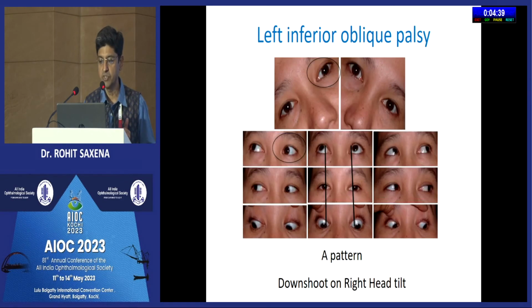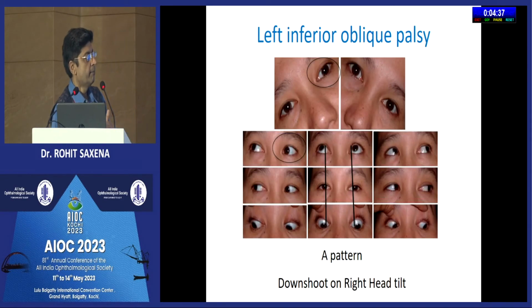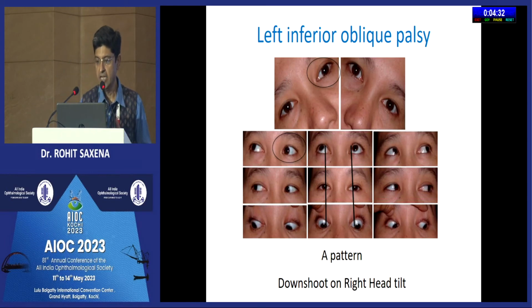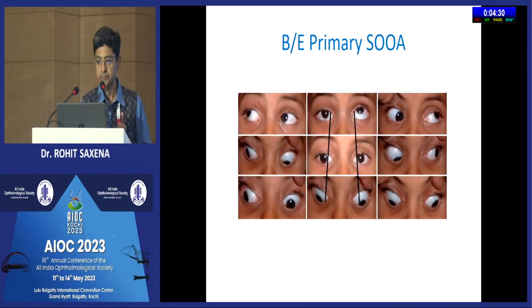Your differential diagnosis could be an inferior oblique palsy, but the difference would be an A pattern, as I mentioned, and a downshoot on the opposite side head tilt. A superior